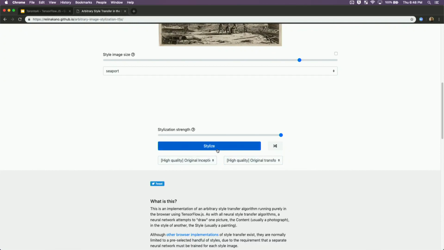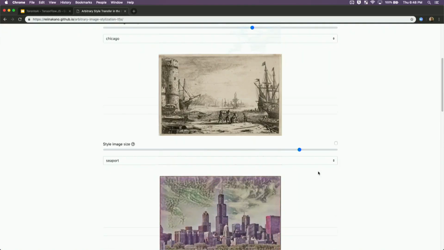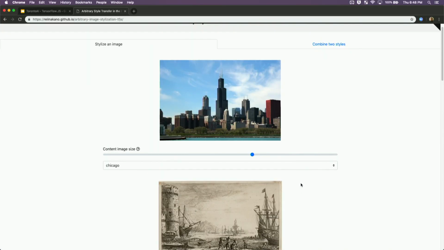And again, this model's in the browser. It's running its inference within the browser. Everything is entirely within JavaScript. Okay, so there's a stylized version of that image. And of course, they have a faster version, which you've got as an option if you're using hardware that's a bit outdated.